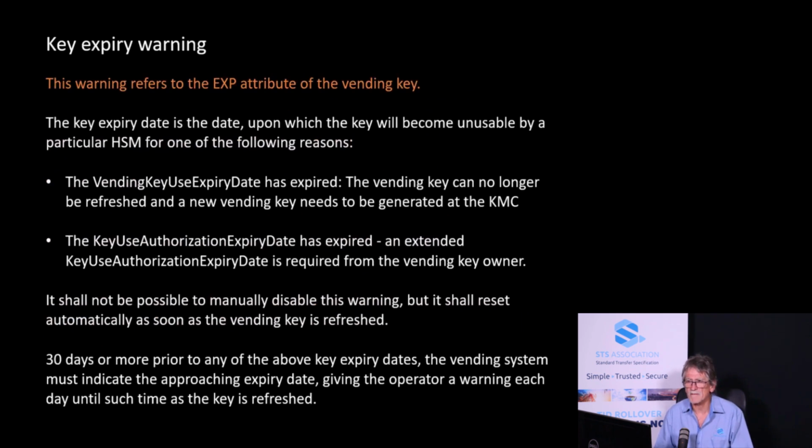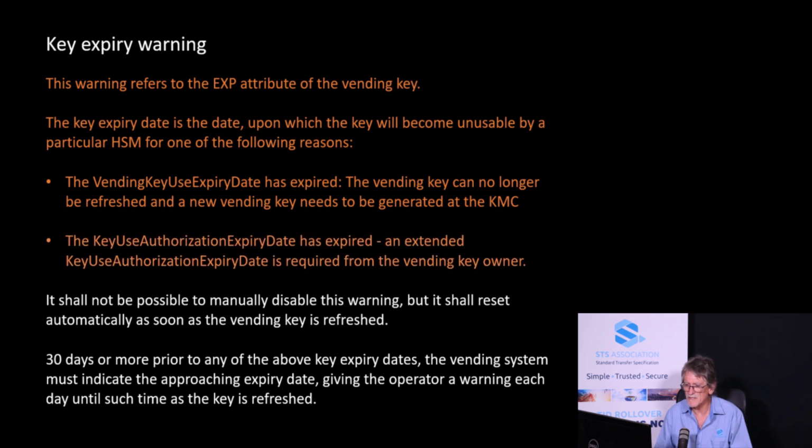Key expiry warning. This warning refers to the EXP attribute of the vending key. The key expiry date is the date upon which the key will become unusable by a particular security module for one of the following reasons. The vending key use expiry date has expired. The key use authorization date has expired. It shall not be possible to manually disable this warning, but it shall reset automatically as soon as the vending